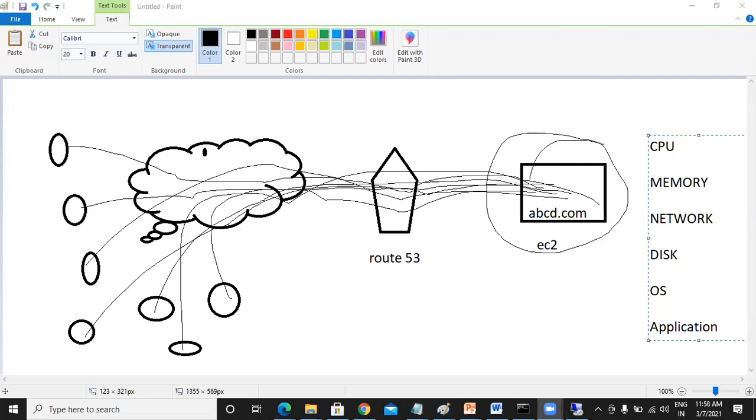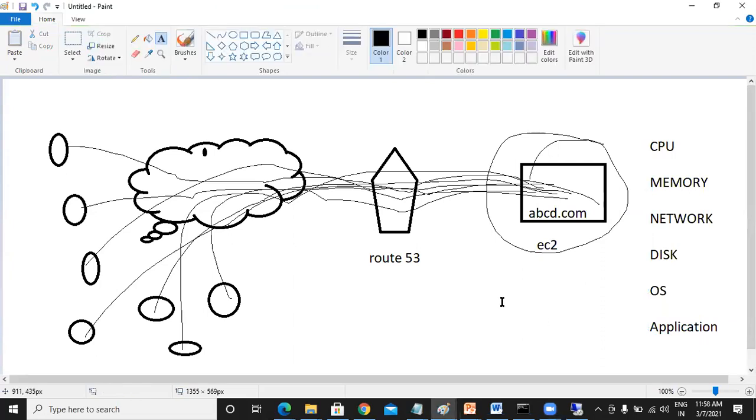CPU, memory is highly used, or disk is full. Okay. CPU, memory, network, disk, operating system. So all these are the conditions based on which you say it is loaded, correct?